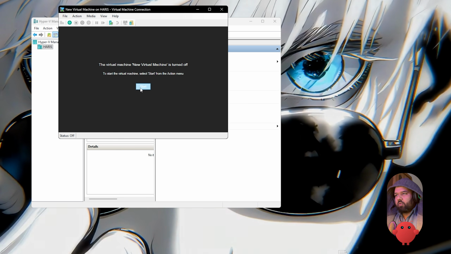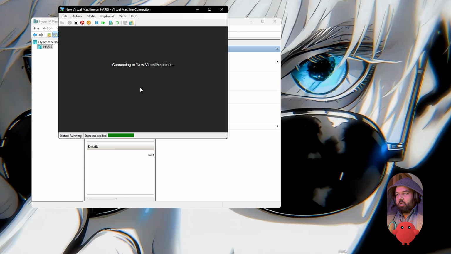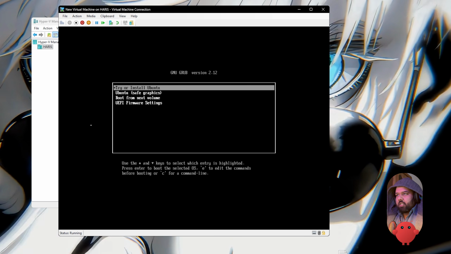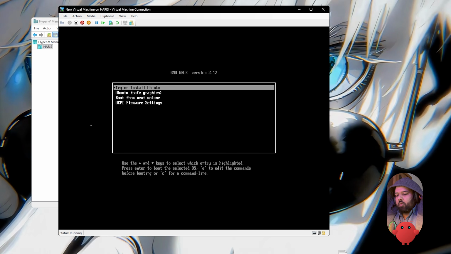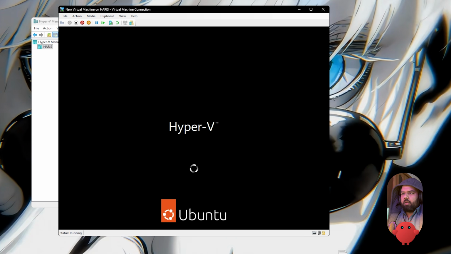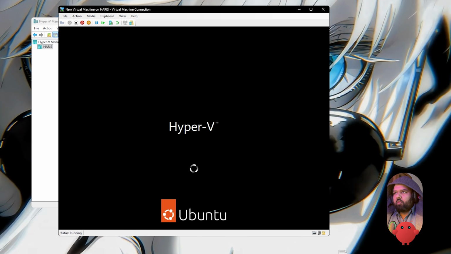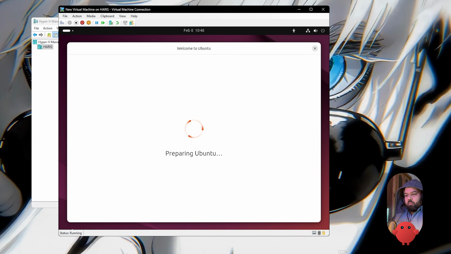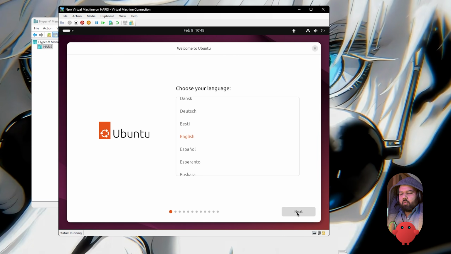Then after that this will show you, and we have to press this Start button, and we have to wait for it. So we have to select the first option, Try or Install Ubuntu, then press enter, and now we are ready to install Ubuntu in our virtual machine. Okay, so now it's preparing Ubuntu. Okay, so now here we just have to press next,